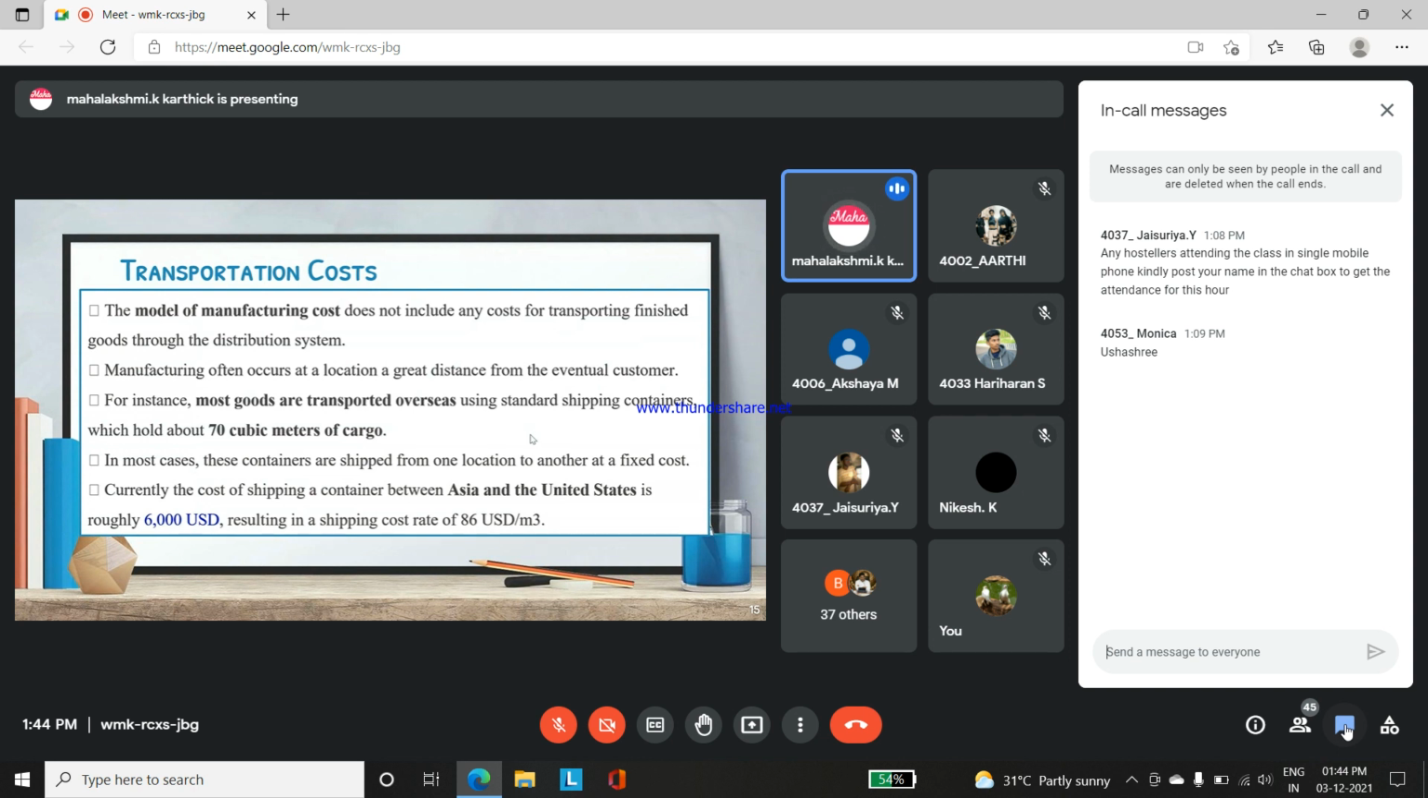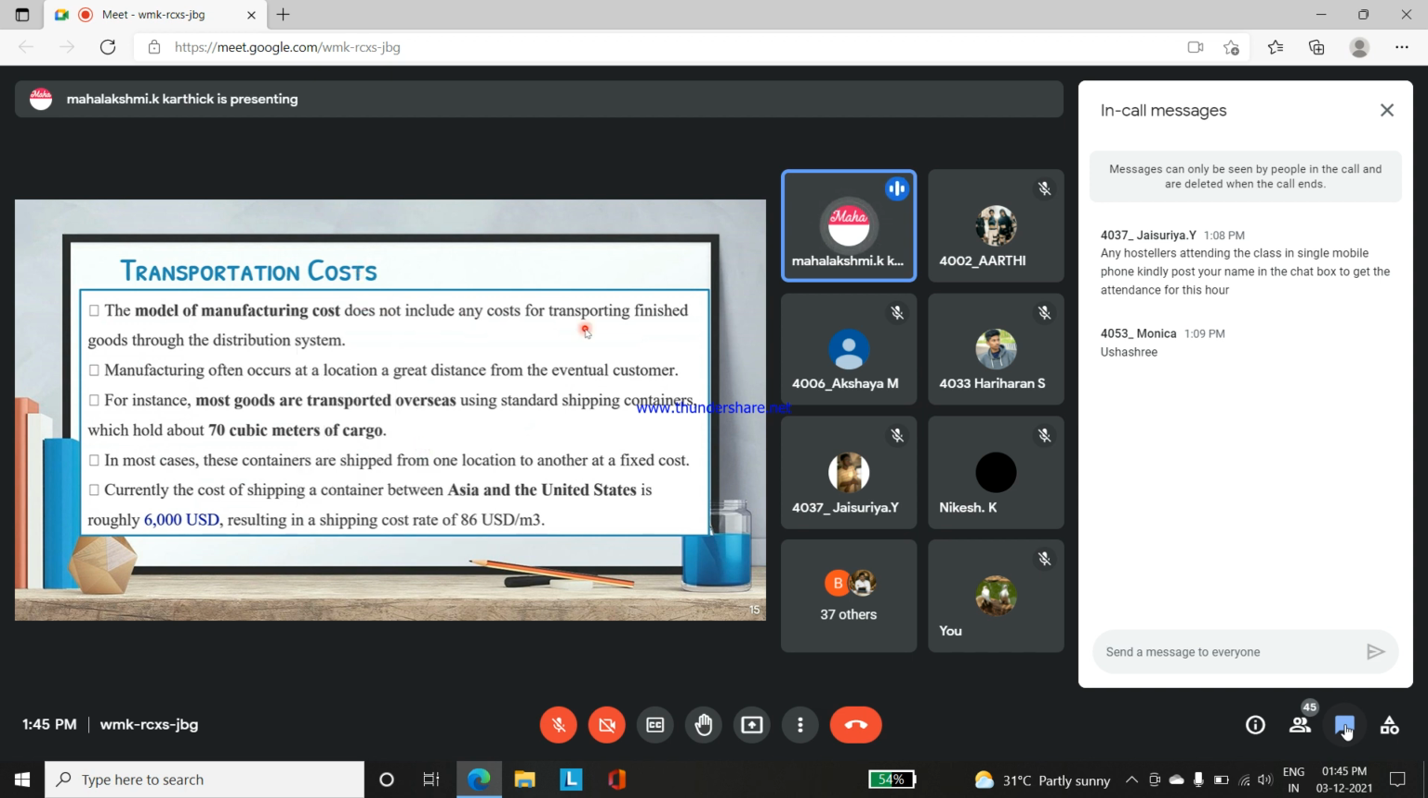Yeah ma'am, we also have to consider the transportation cost. You are going to sell your product worldwide, or even within one country to another country. So in this case you have to understand what transportation cost is. The model of manufacturing cost you have framed, the estimation you have framed, does